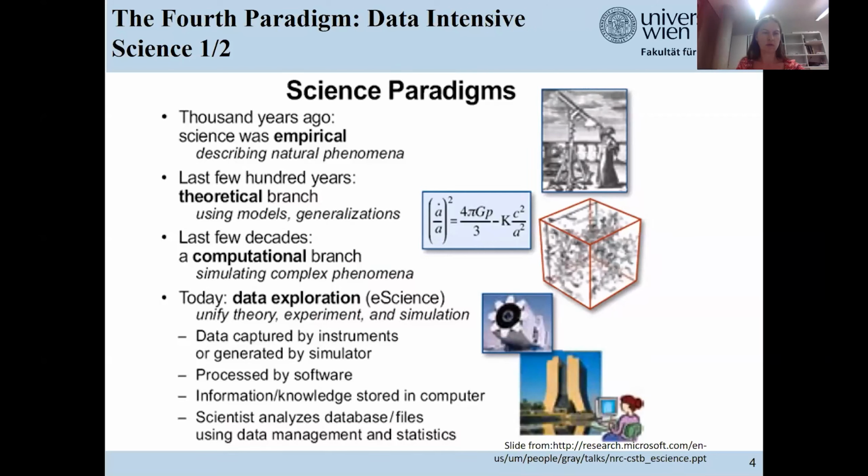You need these methods for the data captured by your instruments, but also the data generated by the simulator. Both sources of data need to be processed in the computer by software. And then the scientist needs to analyze the results of the methods and can come up with some new conclusions.